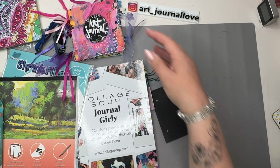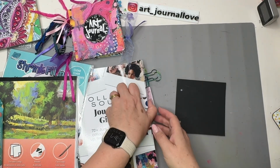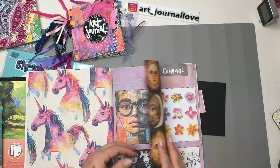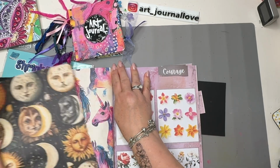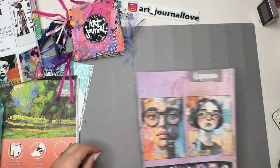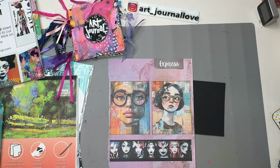This is the little journal that I've made. It's got lots of secret projects in there that I can't show you just yet. I'm going to use this image from one of the collage soup books called Journal Girly. I love the collage soup images. I'm going to use the one on the left, and to stick that onto the craft plastic I'm going to